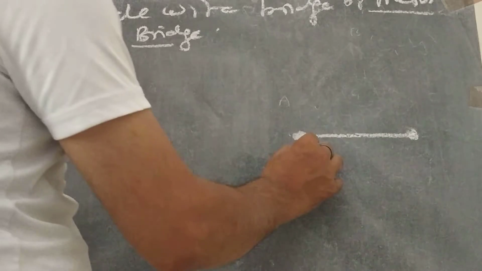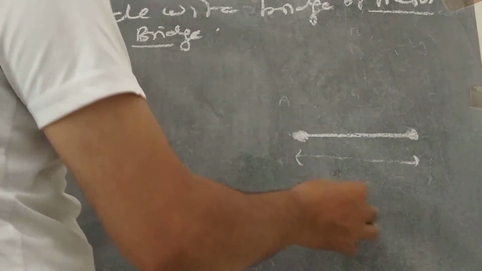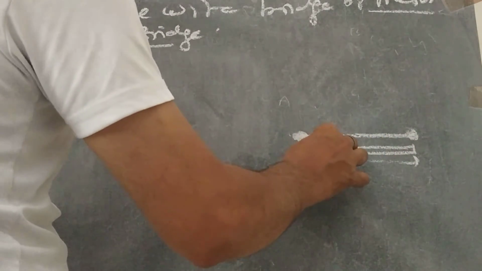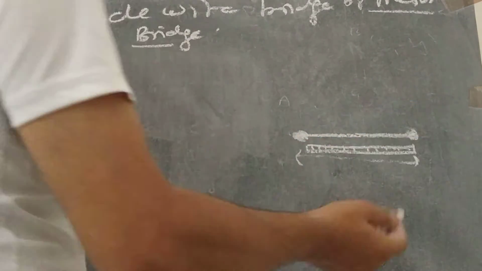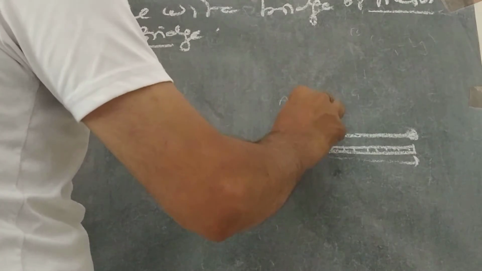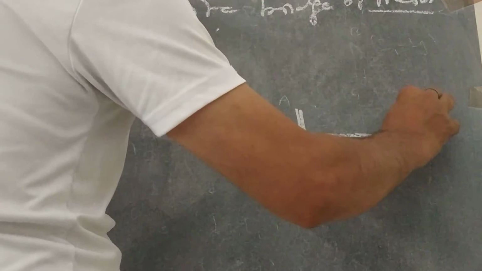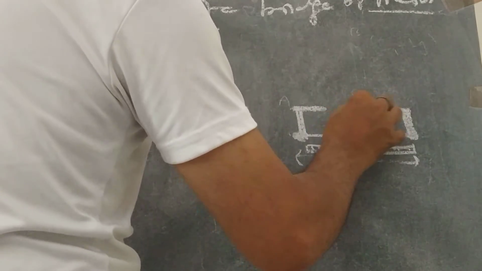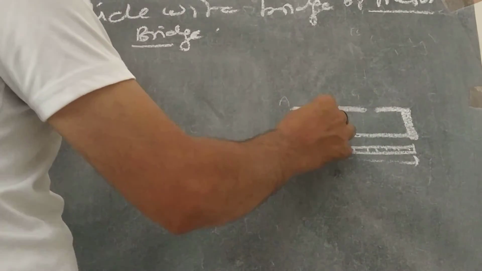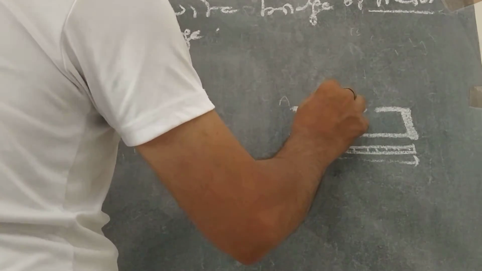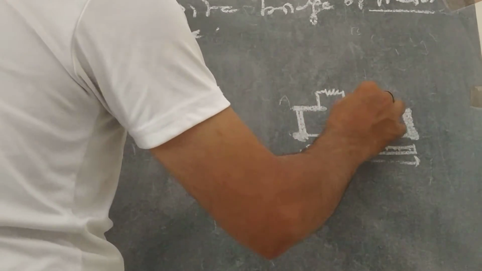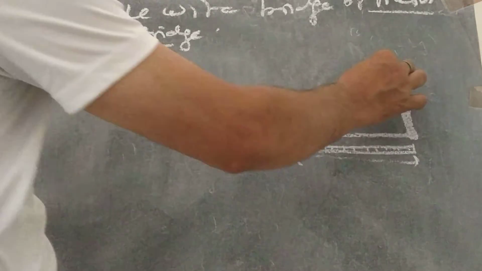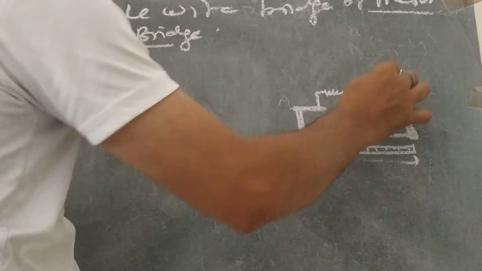resistance wire of length 1 meter, parallel to which a meter scale is arranged, marked scale, and then these terminals are connected with the help of the copper strips, and a copper strip in the proper gap is given to connect a known resistance and an unknown resistance. Known resistance is always a resistance box.